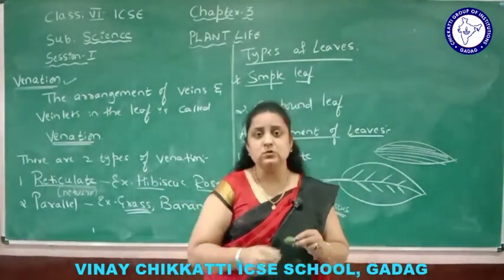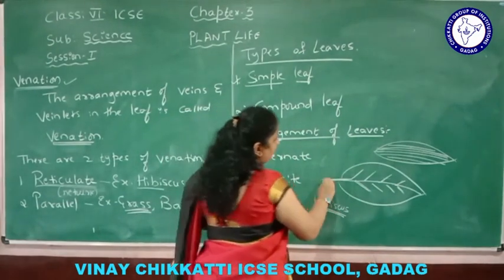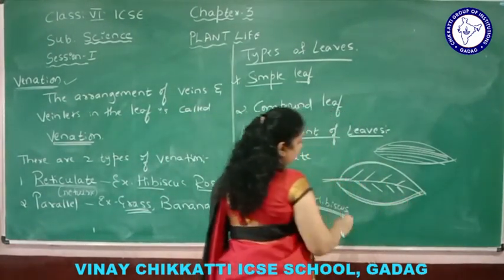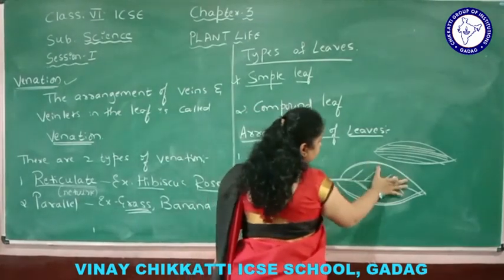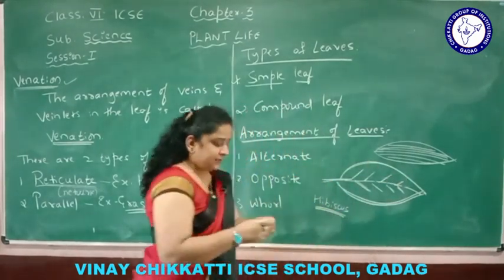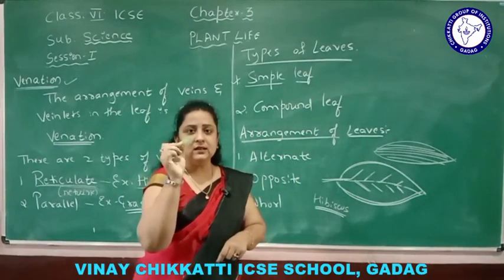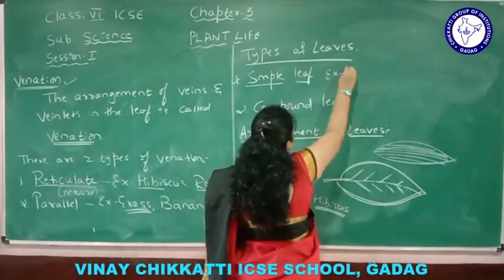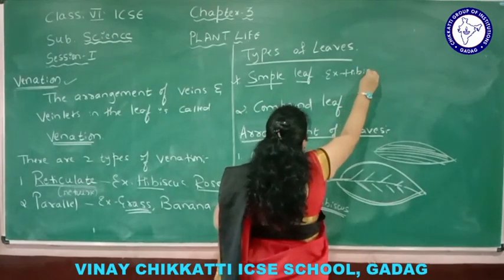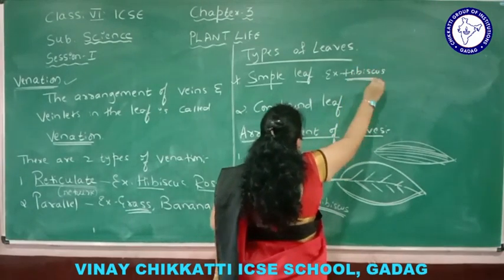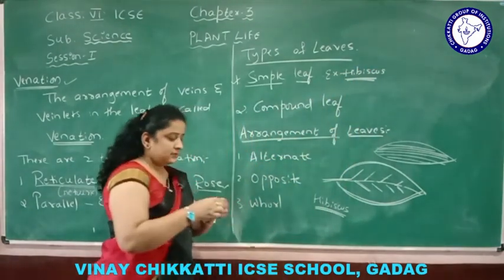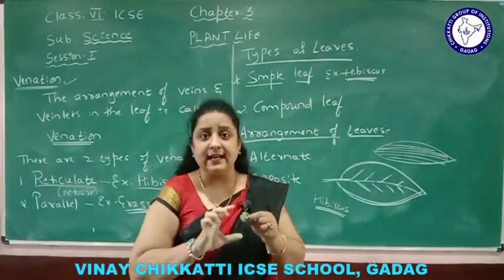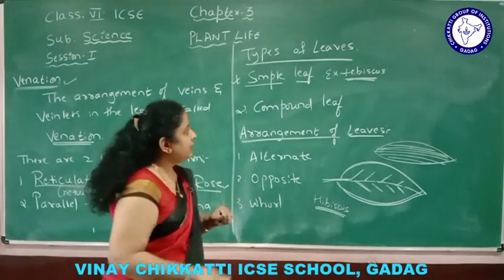Simple leaf is called so because here the lamina, you can take this example only, the lamina is entire. It is not broken anywhere. So this entire portion is called leaf, and this leaf is called a simple leaf. Again, you can take the example of hibiscus. In hibiscus, the type of leaf is simple, means the lamina, as I told you, this leaf blade is called lamina. The lamina is entire, it is not broken anywhere into leaflets.